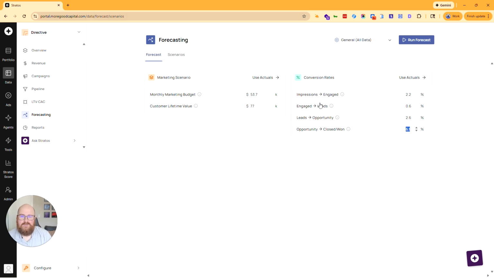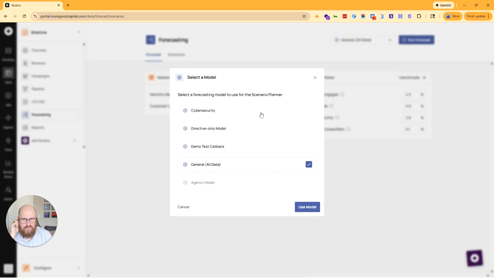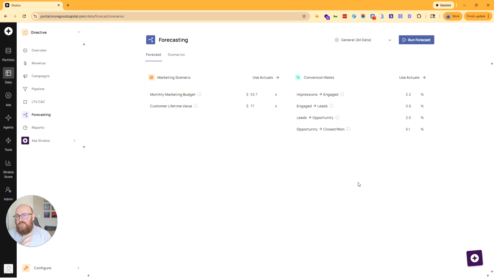And then we're going to be having these different scenario models that take into account things like what industry you're in and other factors to be able to apply it to all of the data that we've gathered over the last few years across our portfolio to make it more customized to you. So I'm stoked about forecasting. It's no longer this spreadsheet and a headache and a complicated process. You can play with it. It's real. You can tweak the numbers and find out what you're looking for. So back to you, Isaiah.